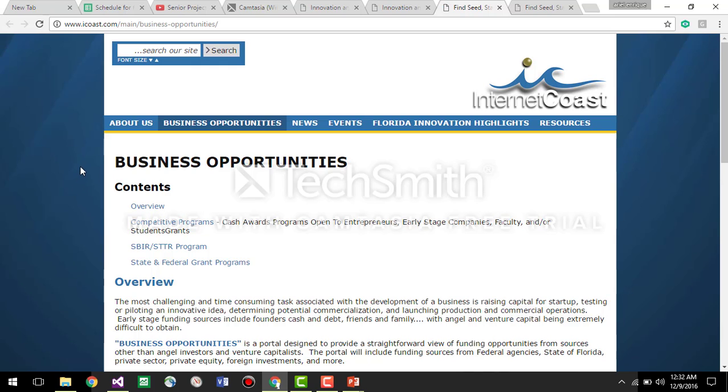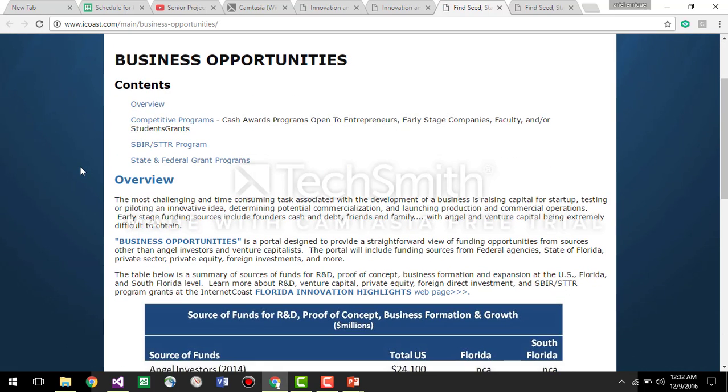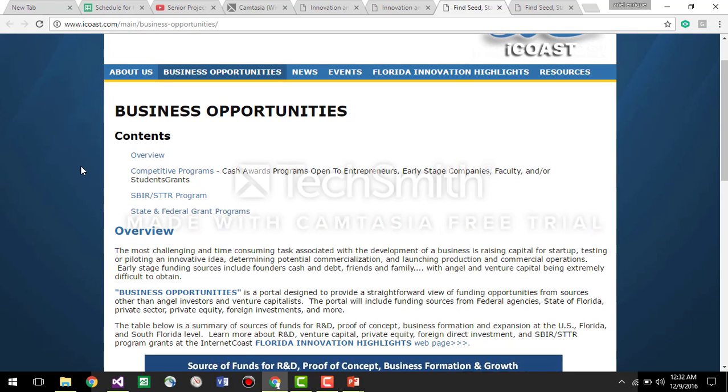So we mainly have three sources of funding. One of them is the competitive programs. The other one is the SBIR, STTR program, and the other one is the state and federal grant programs.